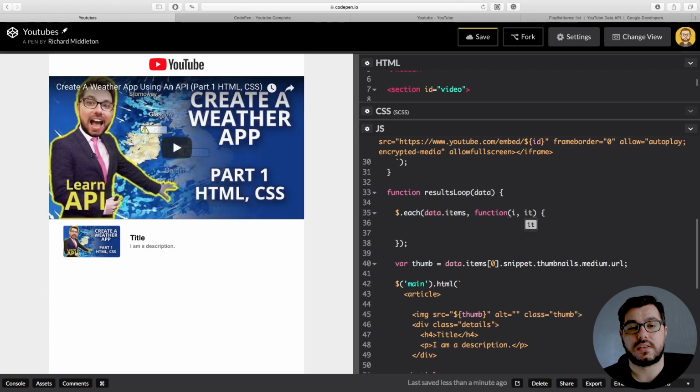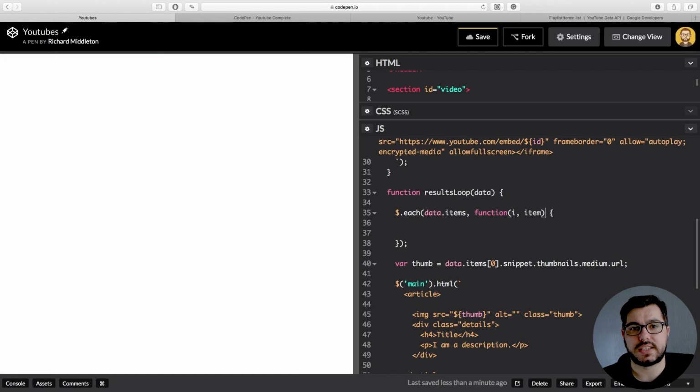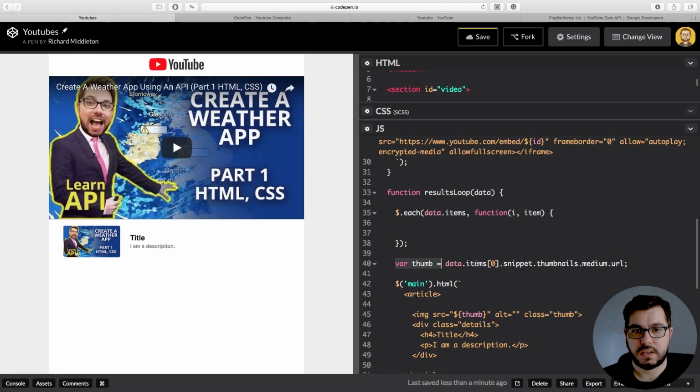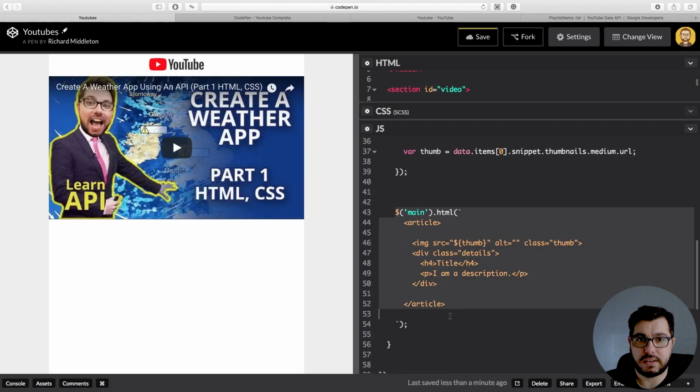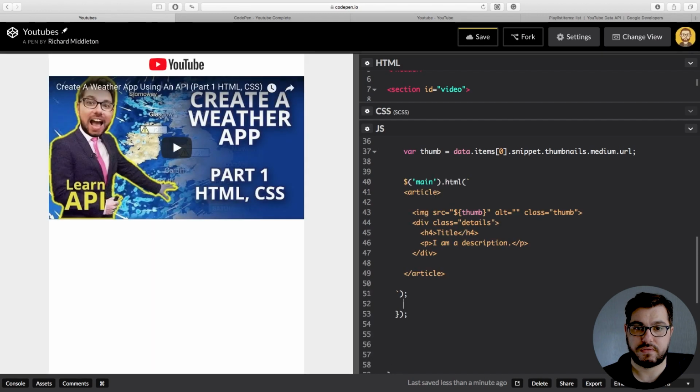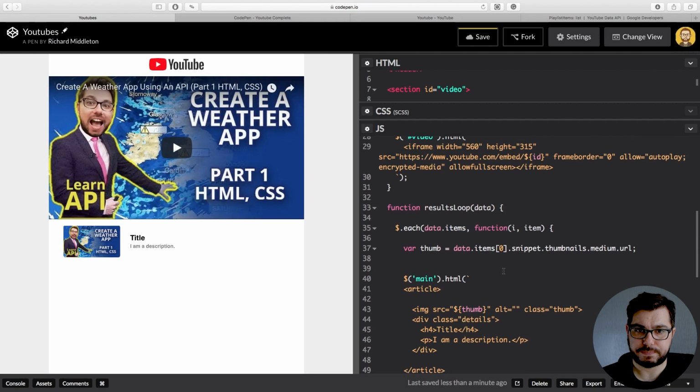I want you to go through and rename, they're all called item now, so I can access them by saying item. So let's take this variable called thumb, let's move this inside. And let's also take this main with the .html, cut that, and go inside here. So still doing the same thing. But why don't we replace this 0? We don't need that anymore. We need to say, hey, you're already looping through these items, right? So instead of writing data item 0, if we just write item,